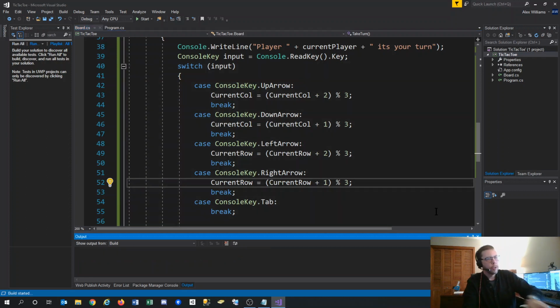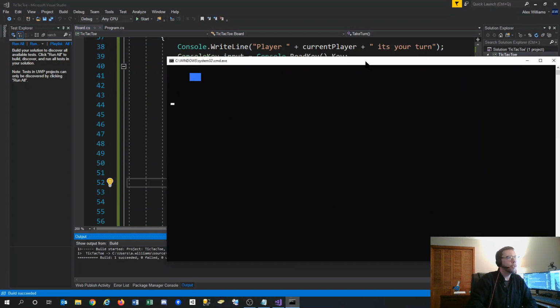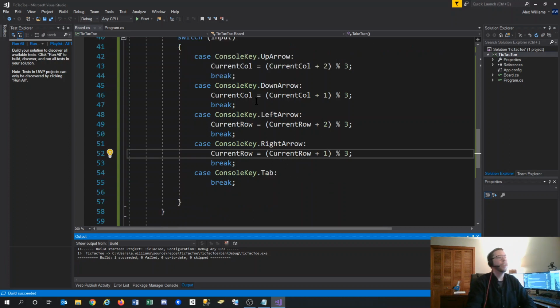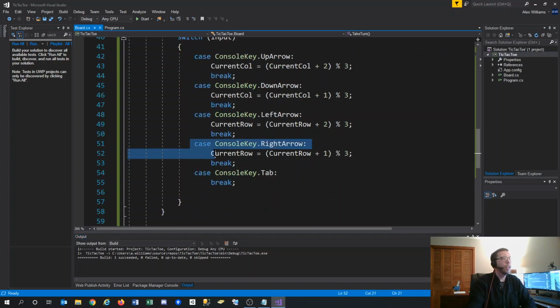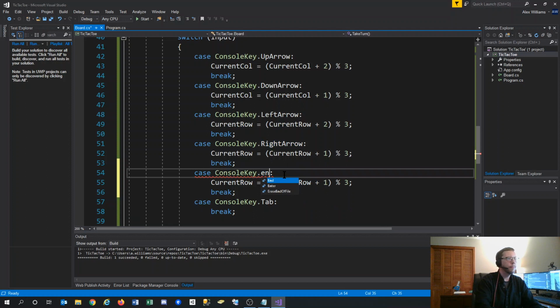Okay. But we'll just quickly test that just to make sure, because you don't want to go any further until you're sure that this is working. My right arrow, up arrow. Yeah, it's cool. All right. So now that I have that currently selected cell, all I have to do is add one more thing that says if the player hits the enter key,